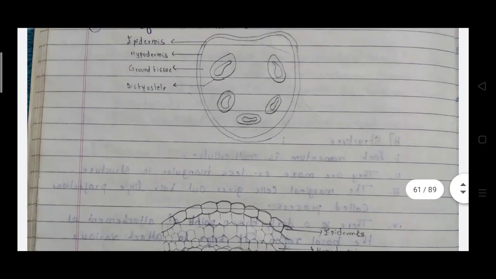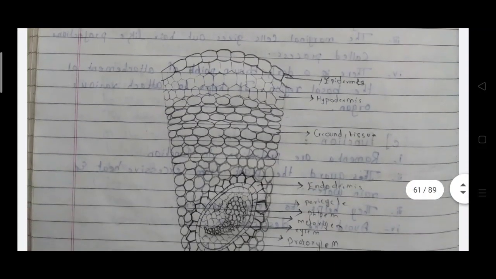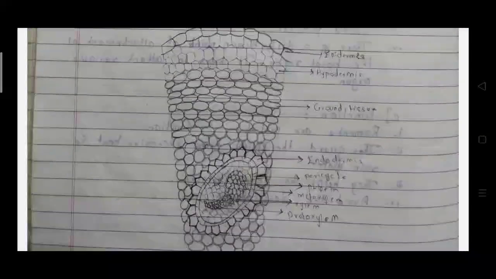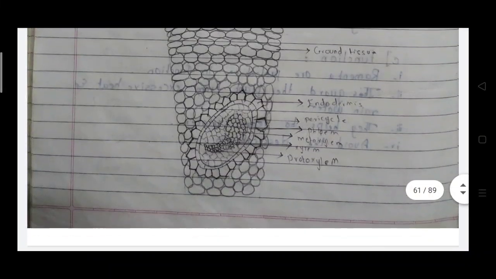We do not need to draw the whole diagram. If we draw all the sections, it is not possible, it is very complicated. So you have to focus only on a part of the section जिसमें कि हमें सब पार्ट आने चाहिए, उसी तरह हम ये डायग्राम ड्रॉ करेंगे. उसमें एपिडर्मिस भी, हाइपोडर्मिस, ग्राउंड टिश्यू आना चाहिए, डिक्टियोस्टिली भी, स्टिलर पोजीशन भी आनी चाहिए. उसी तरह हम उसका जो एक पार्ट हो एनलार्ज करके यहाँ पे ड्रॉ करेंगे.